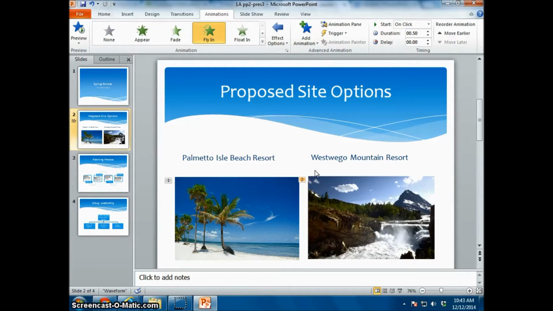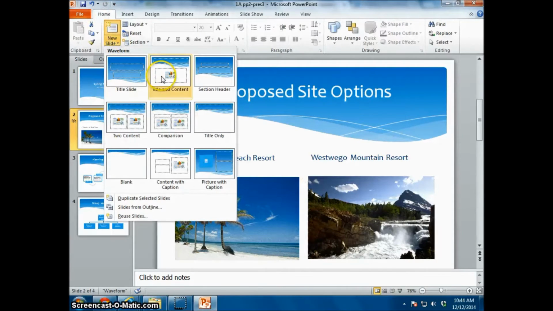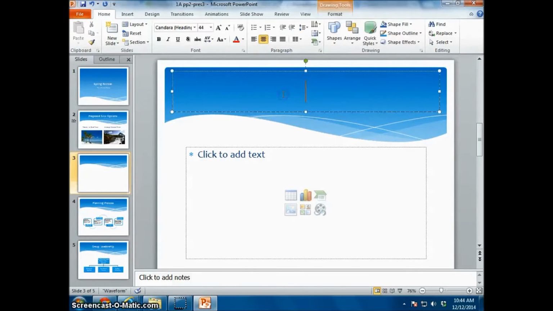Okay, the next direction is for slide 3. It says insert new slide after 2. So while we're on slide 2, we're going to use a title and content layout. So we go Home, drop down, insert Title and Content. And on that particular slide, they want us to title it Cost Comparison,